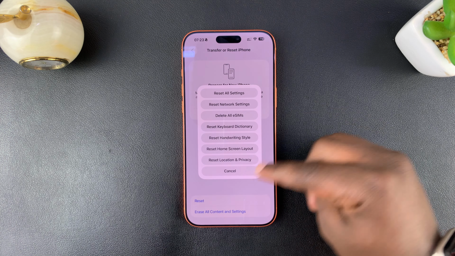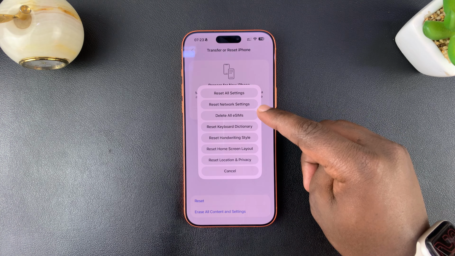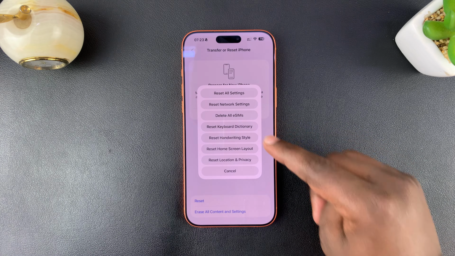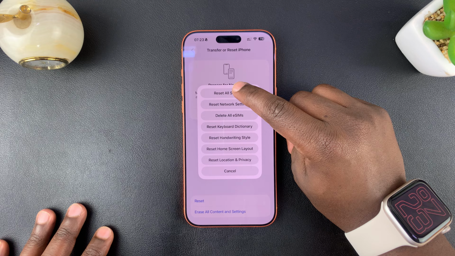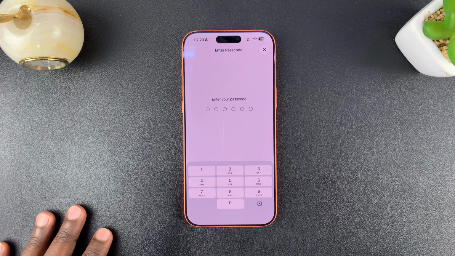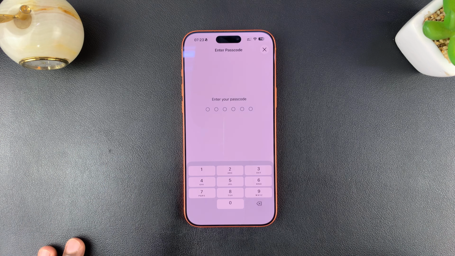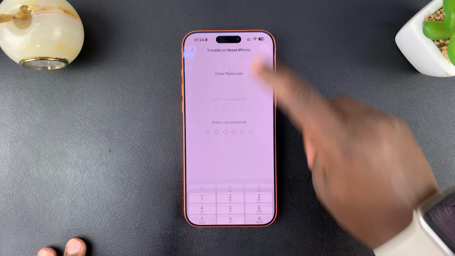And then you'll see different options like resetting all settings, reset network settings, how to delete all eSIMs, all that stuff. What you need to do is tap on reset all settings. Now, when you do that, it's going to ask for your passcode. Once you enter your passcode and confirm you want to reset all settings, this is going to reset all your